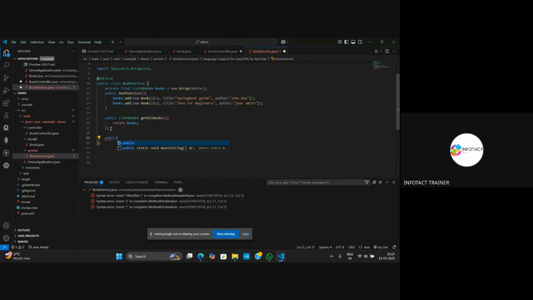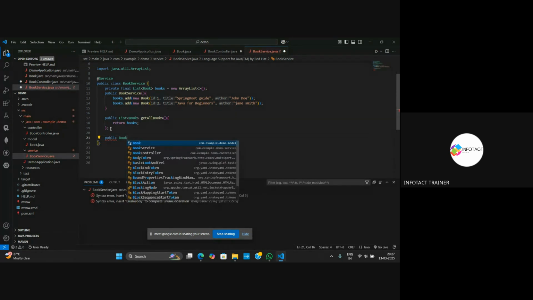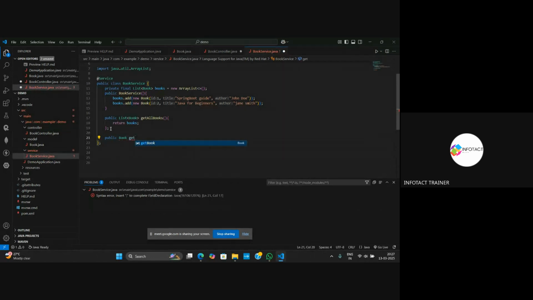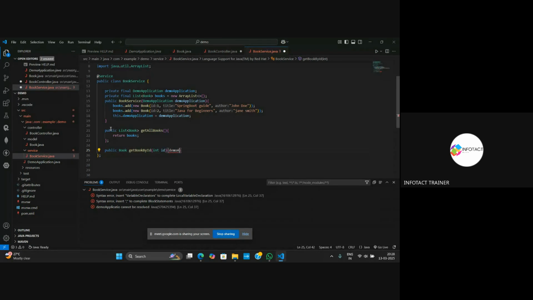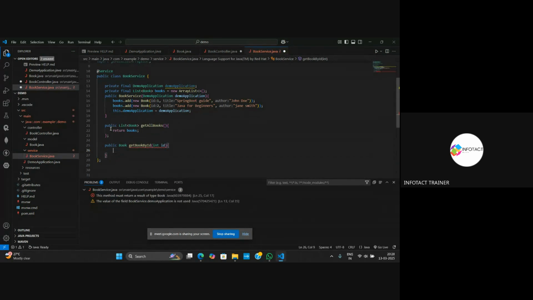Public book getBookById, and inside this I will pass a parameter that is ID. In order to get the book by its ID, we have to provide the ID at first. And inside the function, I will write return